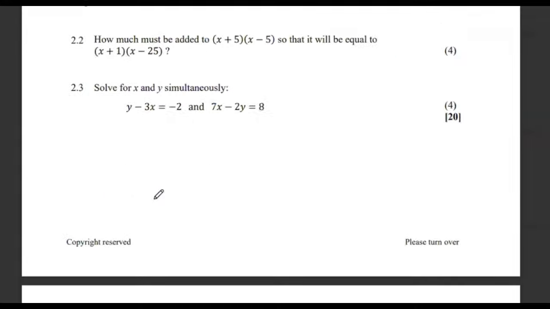Then 2.2, how much must be added to this so that it will be equal to that? So it's like somebody asking you that if you have a 2 plus something is equal to 8, how much must be added to a 2 to give you 8? So what we're going to do, we're just going to subtract this last expression minus the first one. So I'll say